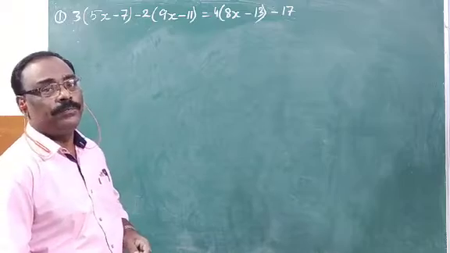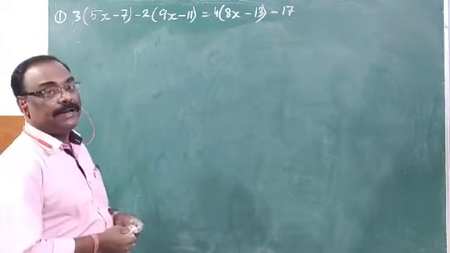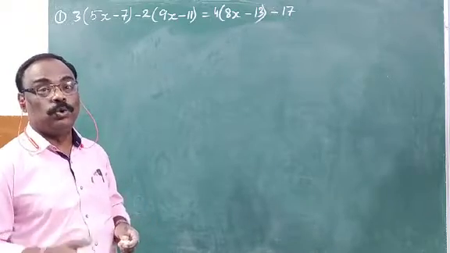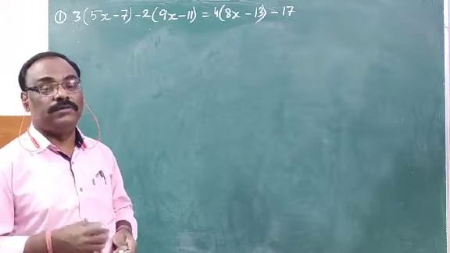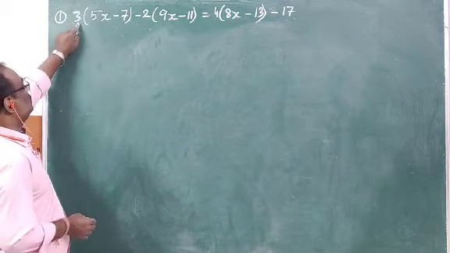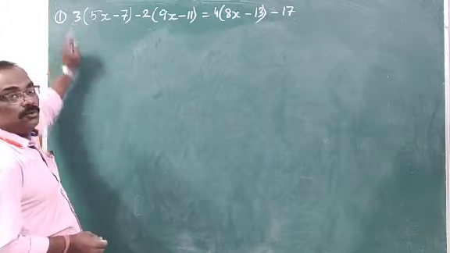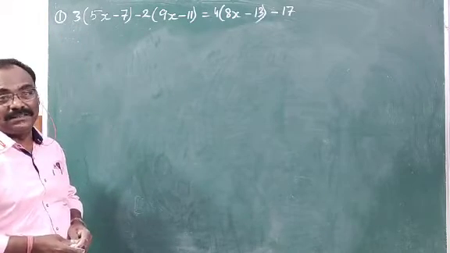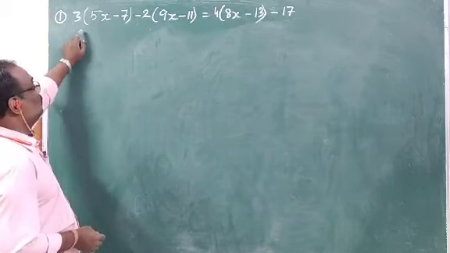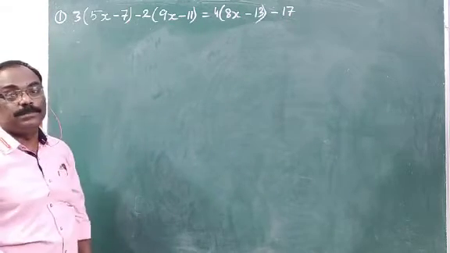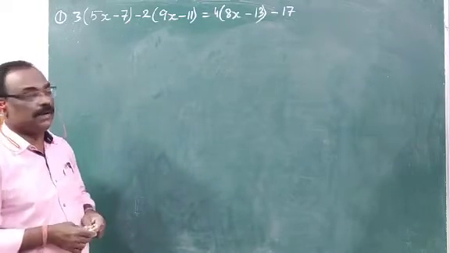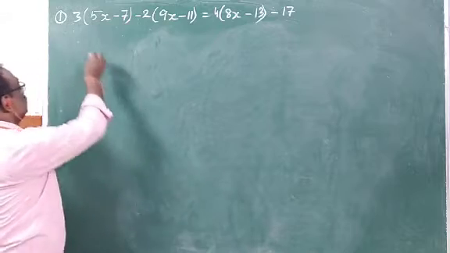Whenever you know that a number and a bracket is given, and between this number and the bracket there is no sign given to us, we always multiply. So here you can see that in between this 3 and this bracket there is no sign of plus or minus. So what we need to do, we need to multiply, or first of all you can think of removing this bracket, and this bracket can only be removed when we multiply. So first step is to multiply.